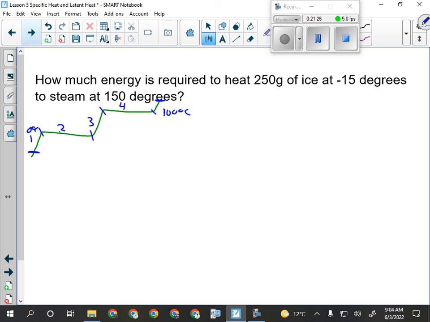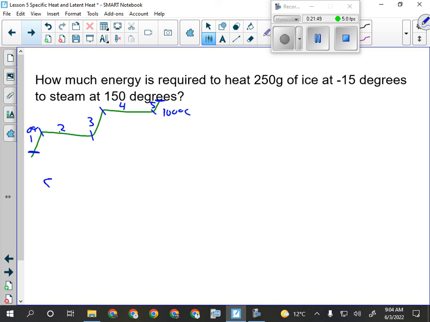And then here, the vapor is heating up. I'm heating the steam. 5 steps. It's as big as the question can be. 5 steps is the most steps a question can have. All right, so once I've identified the steps, then I need to write down what the steps are and calculate the numbers for each step.